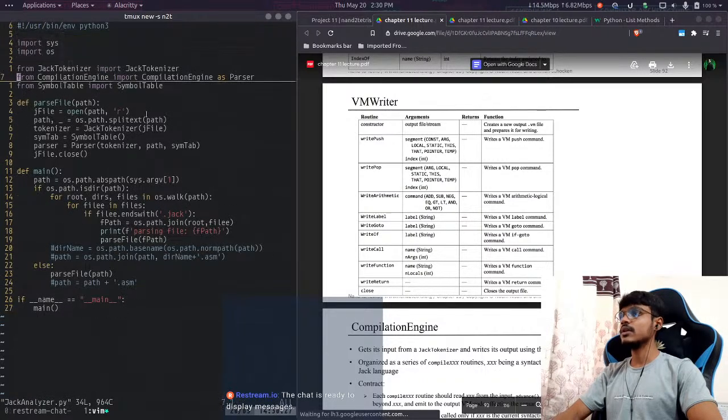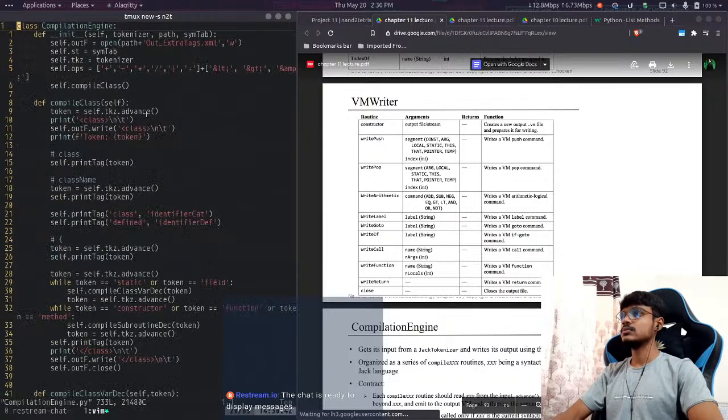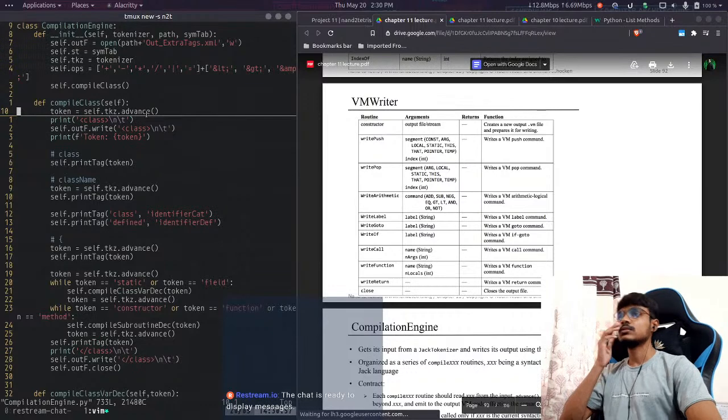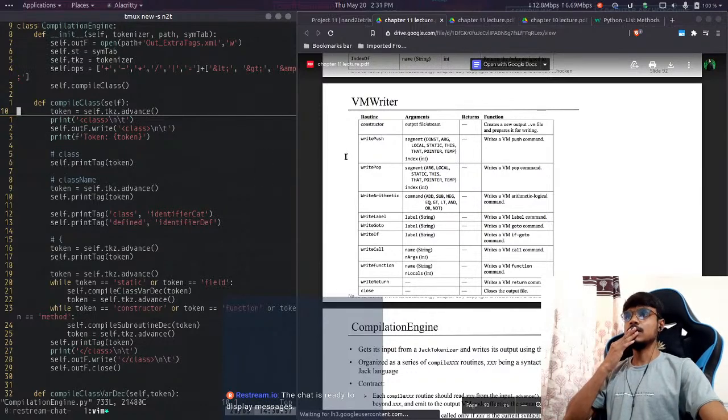Let's go back to analyzer. We have symbol table and parser here. Symbol table, tokenizer, parser, and let's go into the parser. We'll probably create a VM writer here because see,